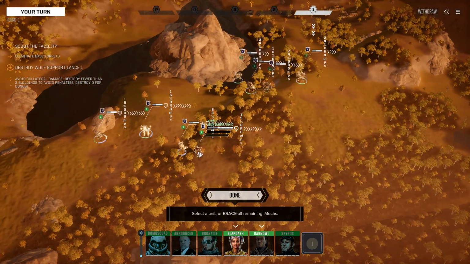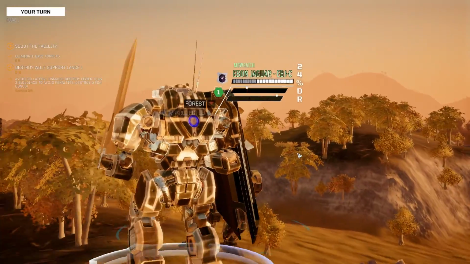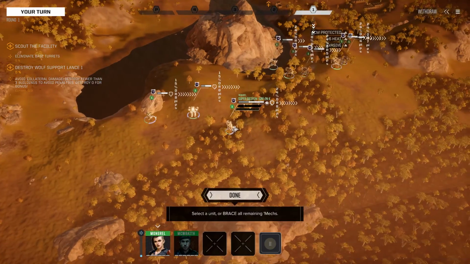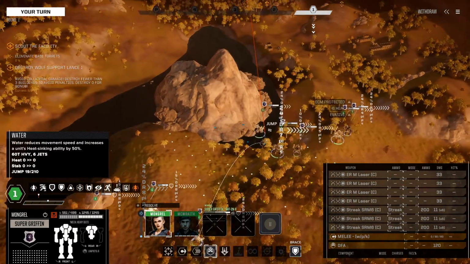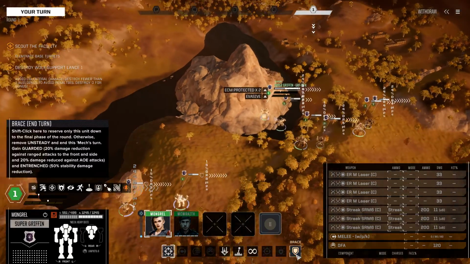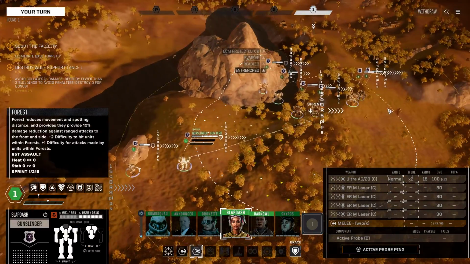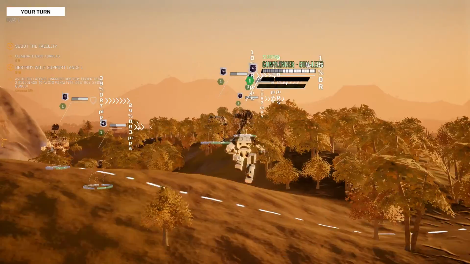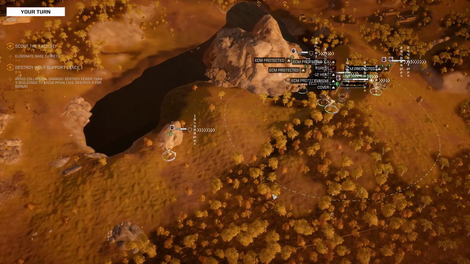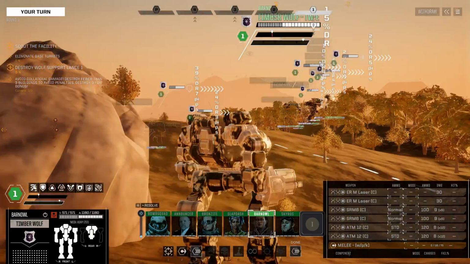Let's get the Ebon Jaguar moving up, and we do have some positioning to do here because our fastest forward elements started off in the rear part of our forces, which is not exactly great. What we can do, the Super Griffin is a born jumper, so we'll have him go up and over that rock if need be. The Gunslinger walks almost as fast as it runs, like a lot of our mechs do. I've become a big fan of superchargers lately. I think just the mobility is very tough to beat,